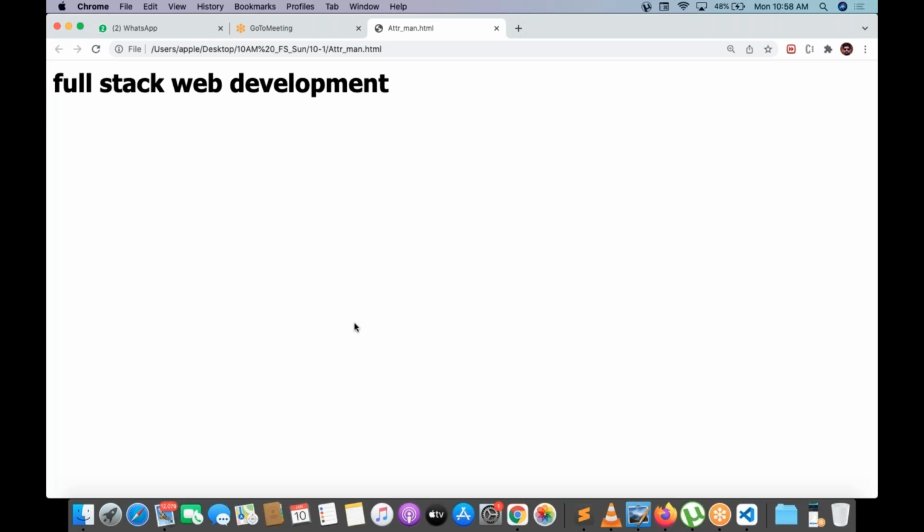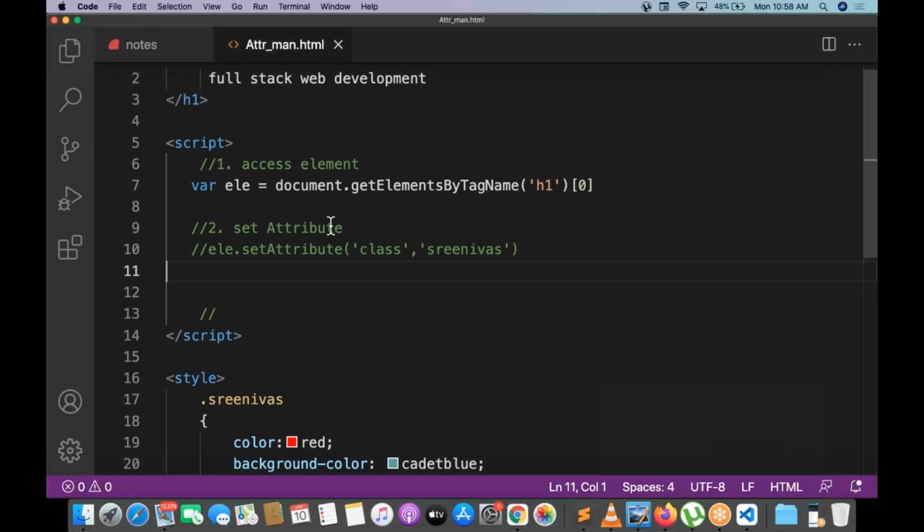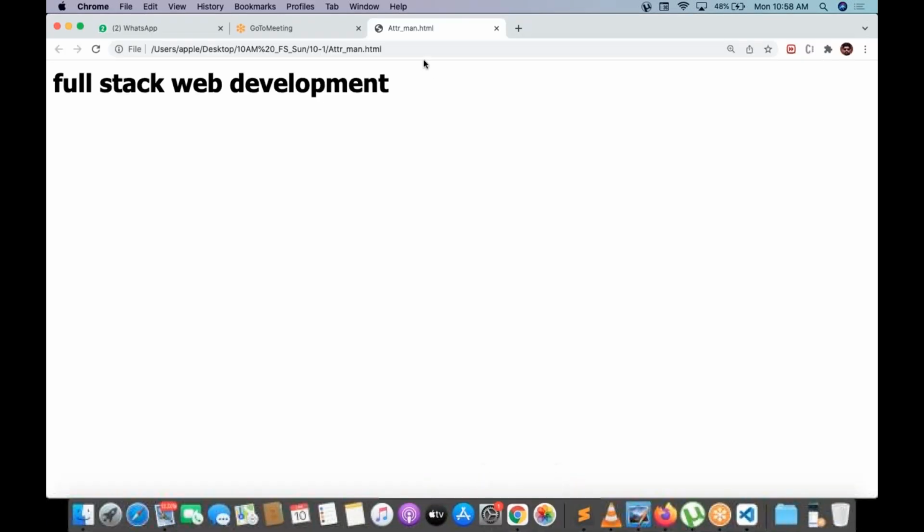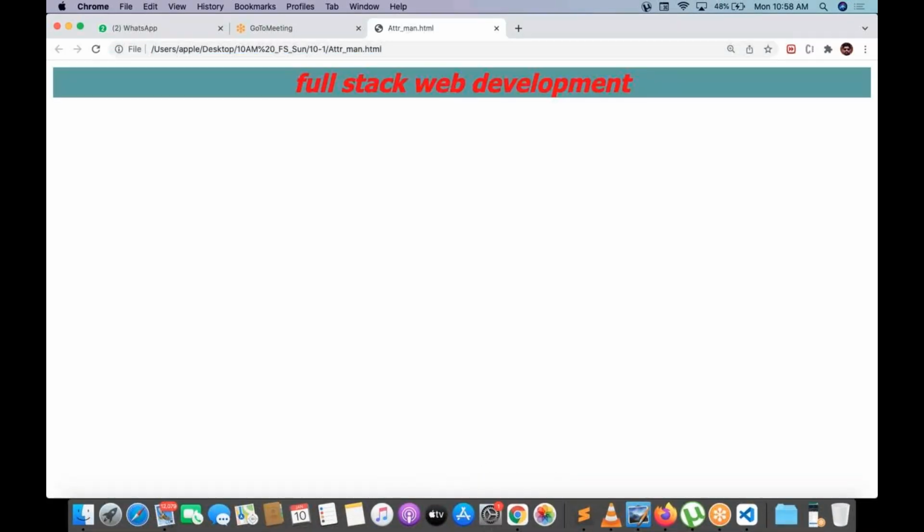But I want to apply the class now. How to apply the class? Just very simple. ele dot set attribute, class, Srinivas, and finally the class got attached. Dynamically the class got attached.